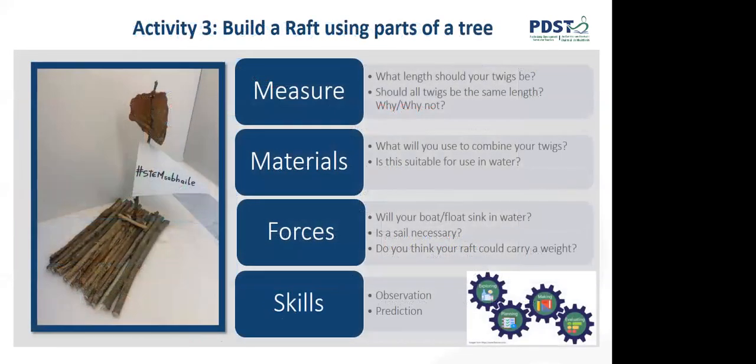Our final activity is Build a Raft. This open investigation can be used to deepen pupils' understanding of floating and waterproof materials. Pupils can be challenged to design and make a raft using natural materials from trees. Careful questioning can guide the children towards considering the materials they use and how they arrange them in terms of